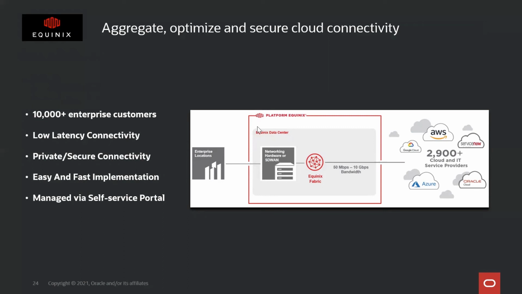Once you get into the Equinix platform, from there, using either your own networking hardware that you bring to Equinix or their software-defined WAN that they offer to their customers, you can connect to any CSP out there, including OCI, as well as any of their SaaS or ISV partners. So a very large ecosystem that you have access to. You can make these connections through their console in a very quick manner.